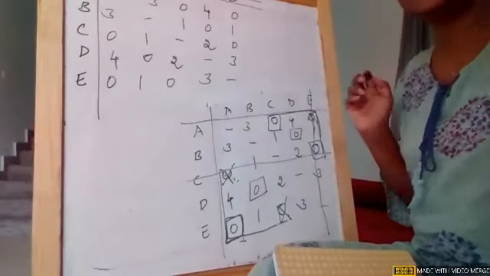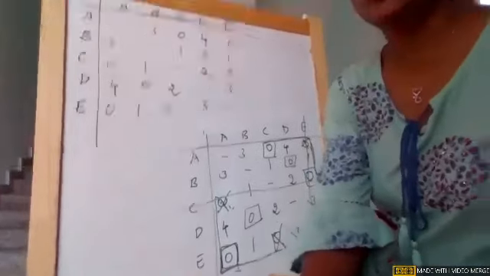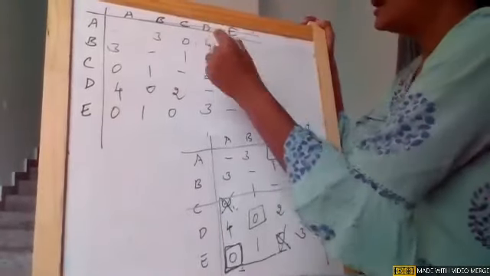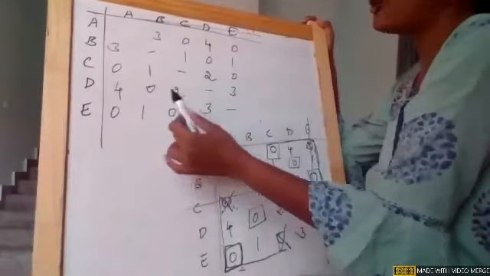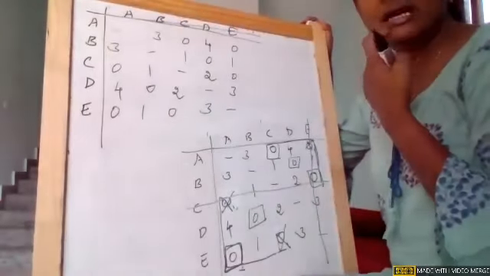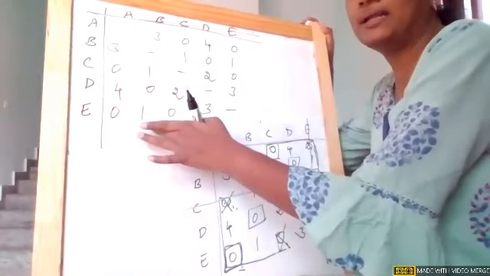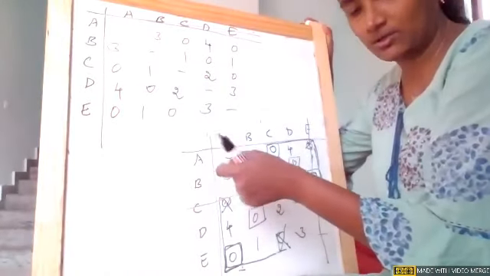You can see this, girls. I'll just show you: with one, I didn't get the solution. When I took 2, I got the solution. So what we will do now, there are 1, 2, 3, 4. With any of the ones, you can pick any of the number 1 and check whether you're getting the solution or not.